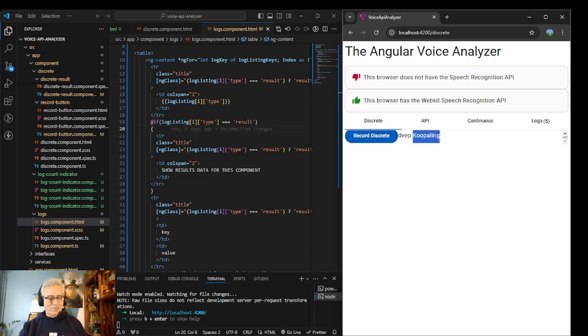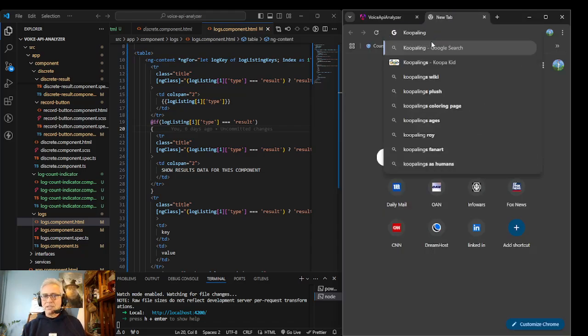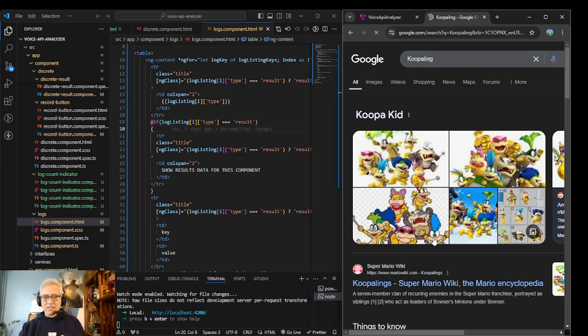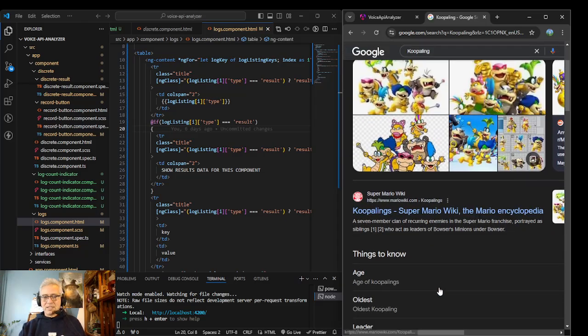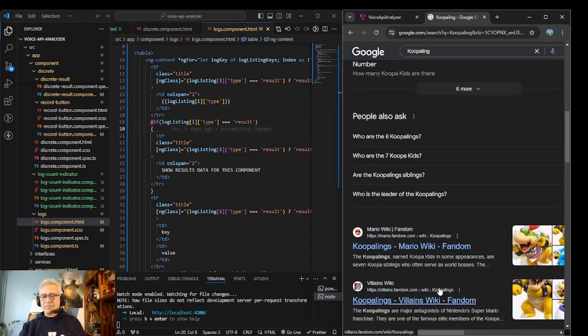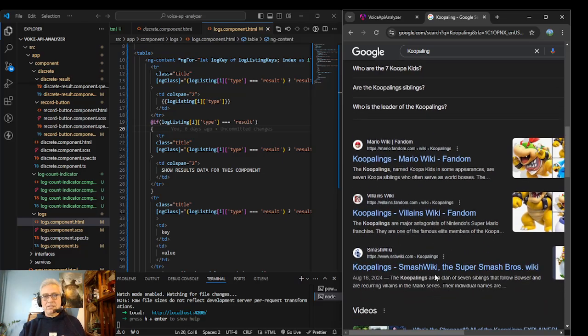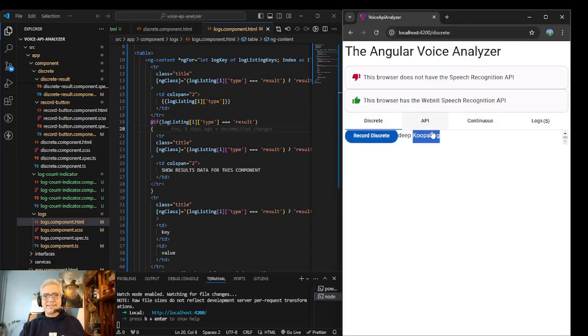I'm a bit afraid to search on that, but let's see. Coupling. Oh, apparently it is a Super Mario Brothers thing. I guess that's the name of a villain in Super Mario Brothers.